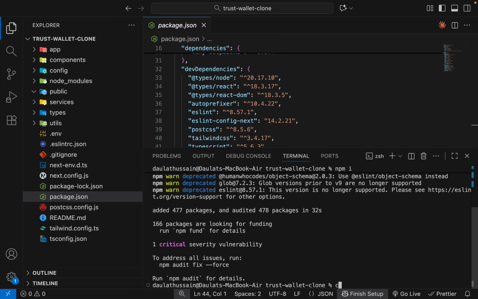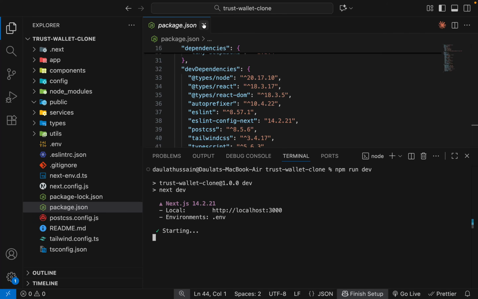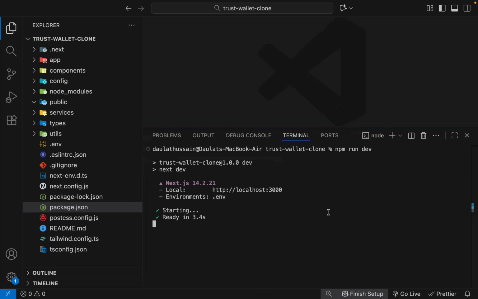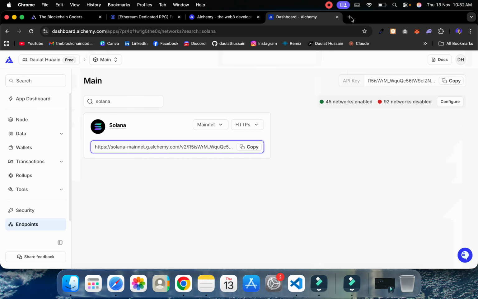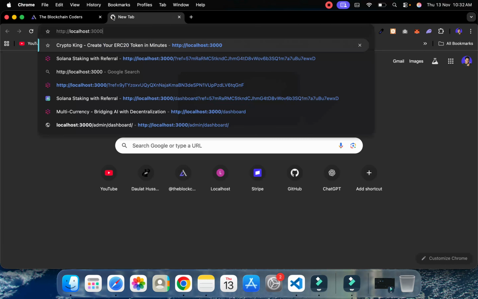So I'll simply clear up my terminal, type npm run dev, hit enter, and the application will start on localhost 3000. Let's close this one. You can minimize the application from here, or you can do it from here, but don't delete it, otherwise the application will stop. So simply copy that one, and now you are ready. You can come back here. Let's close off these tabs, and now we can simply open a new tab, paste here and hit enter, and